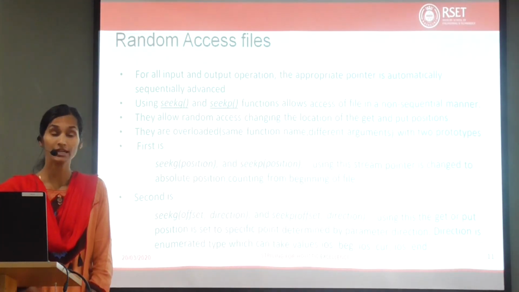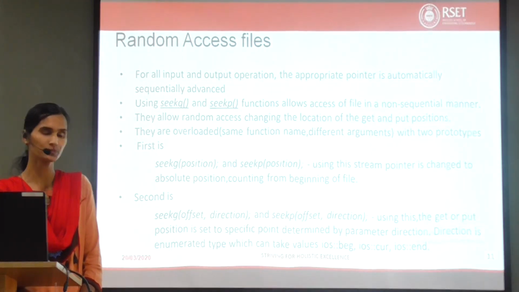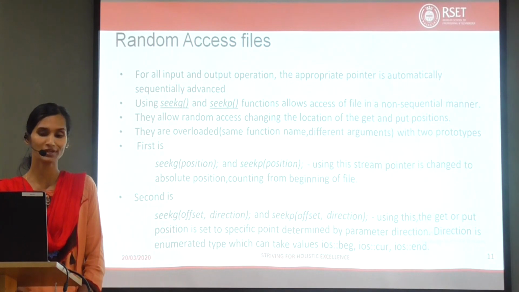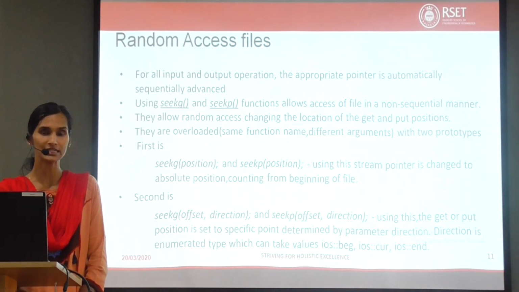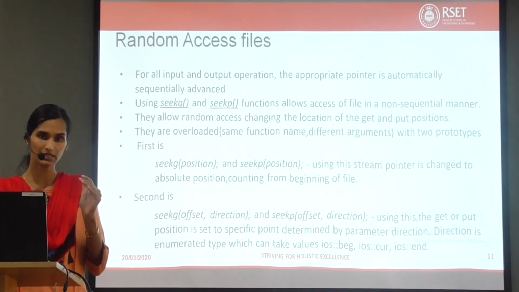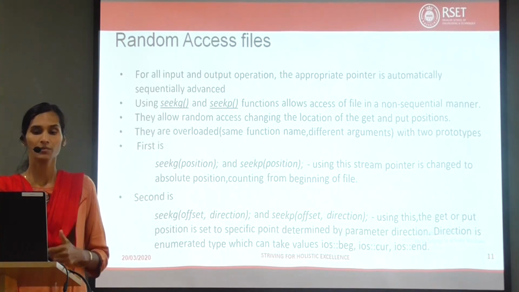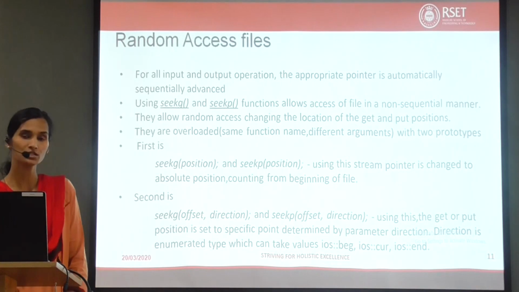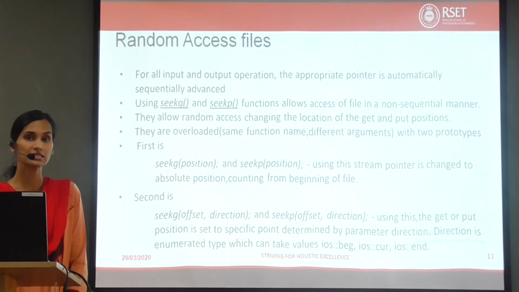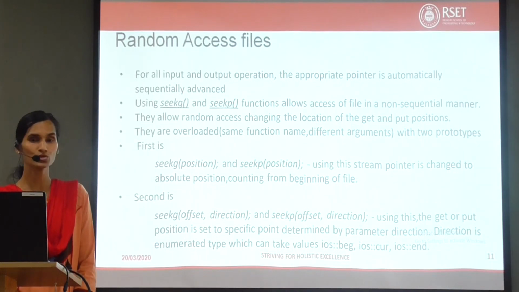Now coming to another type of files, random access files. Now as we saw here, when we are doing the C++ program with files, we are writing in a sequential manner. That is, from the beginning of the file and after each line we go on in a sequential manner. But what if we have to write into the file at some other point other than the beginning of the file? That is, we have to go to some other point in the file, maybe the end of file first,